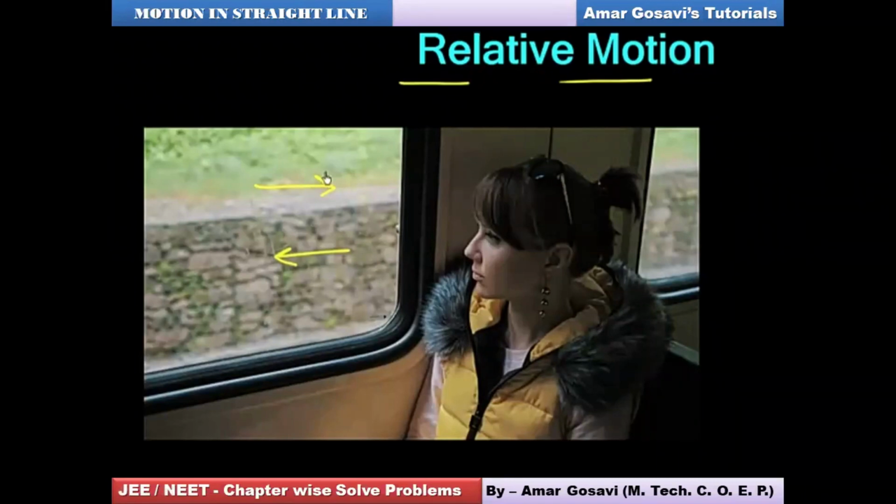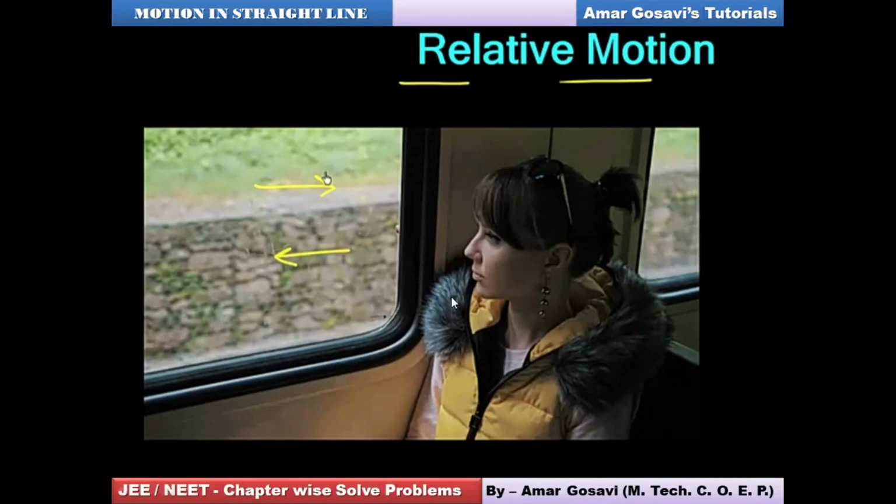Say, for example, a person is traveling in a train. So you can see the person is moving forward with some velocity. Whatever is the velocity of that person is with respect to the train. Say, for example, whatever the velocity of the train would be, the same velocity would be for the person who's traveling in that train. But when the same person looks outside the window, he or she feels the compound wall moving backward with some velocity. So this type of motion we call it as relative motion.